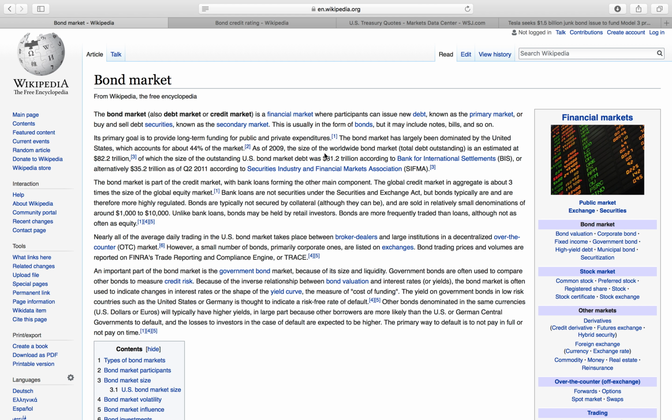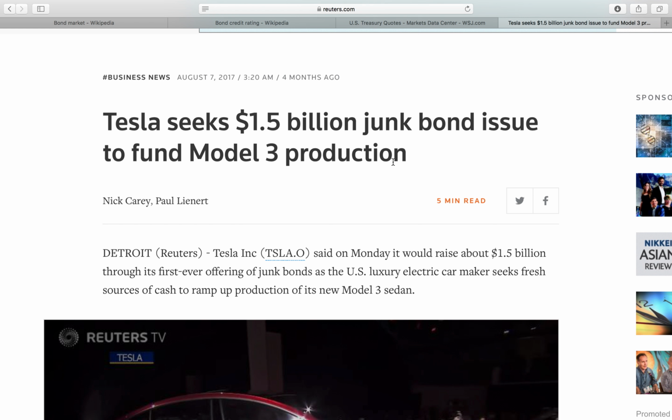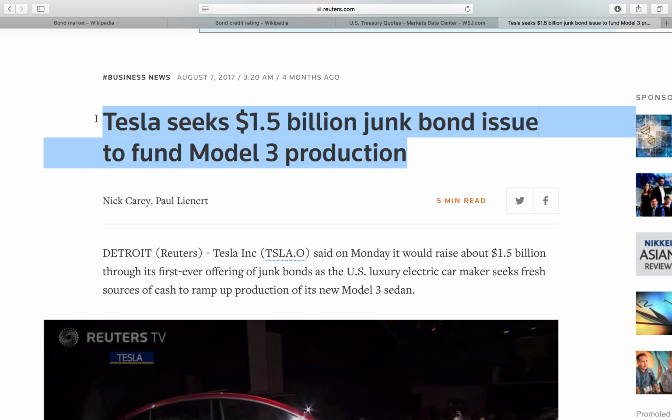And also there's puttable ones in which the creditors can put the bond back to the issuer if interest rates do not rise sufficiently. So as you can see, they can get a little bit complicated. But the basic thing to take away from this is what is a bond. And I thought it'd be kind of beneficial for you guys to get a video on this, because I've talked about this before, and I realized that I never really explained what a bond was. I wanted to keep it pretty basic.